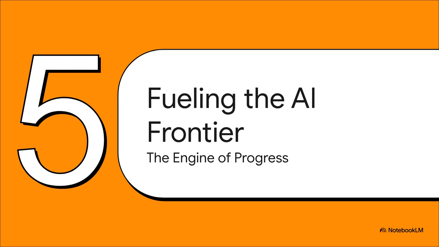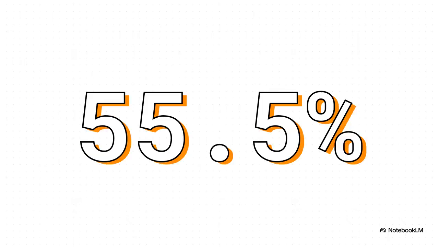So, what's the big takeaway here? Data augmentation isn't just some clever little trick anymore. It's evolved into a fundamental engine that's driving AI progress forward. And that brings us all the way back to that ARC challenge, the one designed to measure true intelligence. For the longest time, the best score was stuck at around 33%. But then, just recently, it jumped all the way to over 55%.